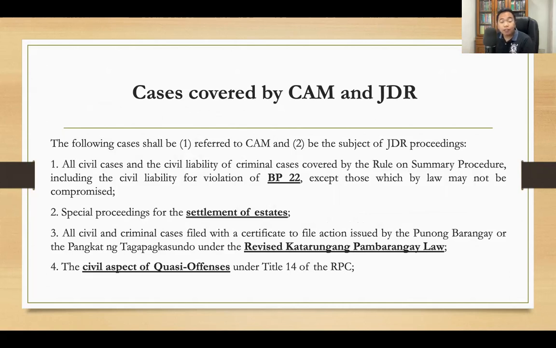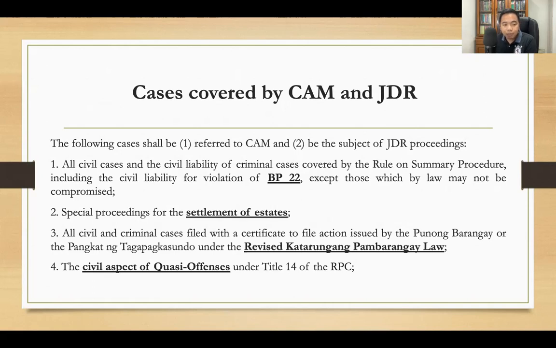So what are the cases that are covered by court annex mediation and the JDR? The civil cases and all civil liability of criminal cases covered by the rules on summary procedure, including the civil liability for violation of BP 22 or the bouncing checks law. Now, special proceedings for the settlement of estate, all matters, civil and criminal, within the jurisdiction of the revised Katarungan